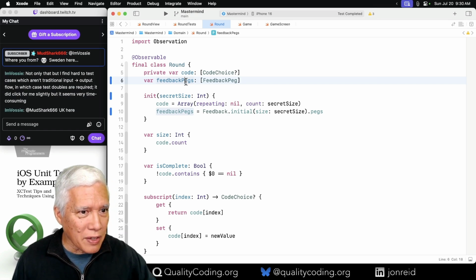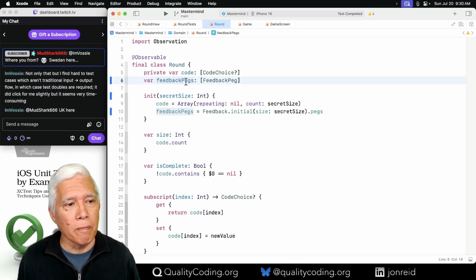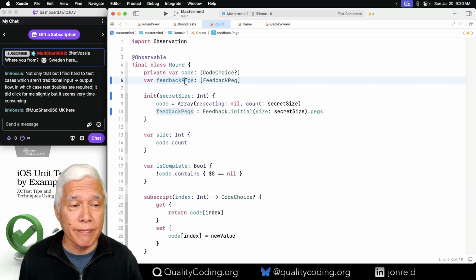Not only that, but I find it hard to test cases which aren't traditional input and output flow, in which case test doubles are required. It did click for me slightly, but it seems very time consuming. Ah, you're in the UK. Great. Yeah, input and output, definitely the easiest way to go.